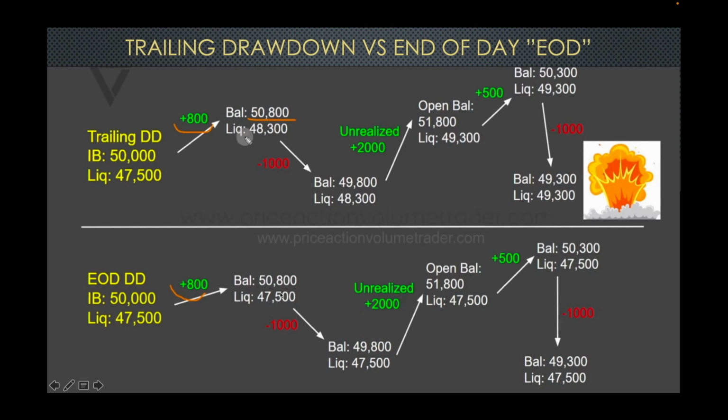Here we come over to the end of day drawdown, boom, it's down to 49.8. You actually can lose, what is that, 2,000. It goes down a little bit because originally it was 2,500. You gained 800, lost 1,000, so 23. You can lose $2,300 in the end of the day. Up here, you can only lose 15. So as you can see, end of day drawdown benefits you, especially if you're wanting to hold more.